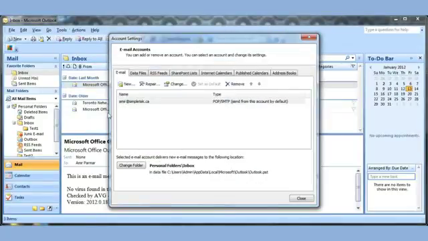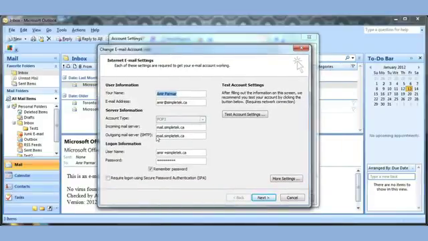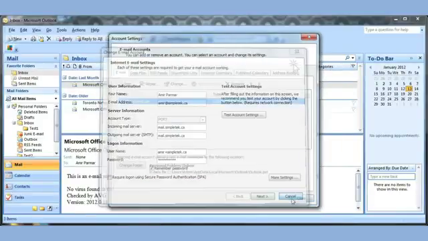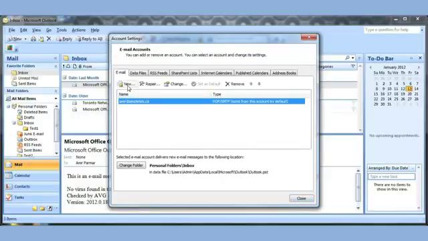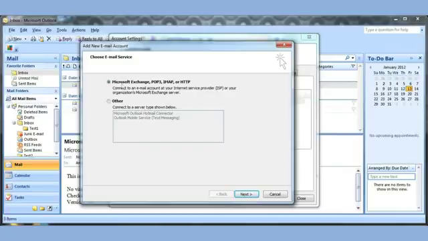and in the account settings, like right now, I have my email address listed here, and I could choose it to change. If I wanted to update, say I moved my email service provider to someone else, I could click change, and then I could make the changes here. Or I could add new, and then I just continue with the steps